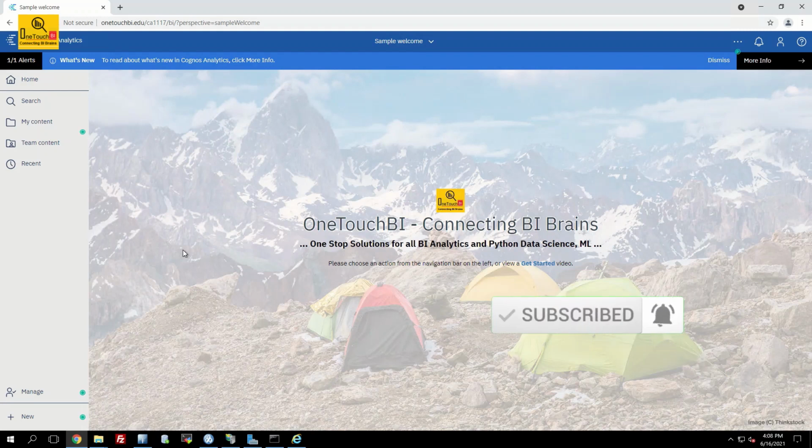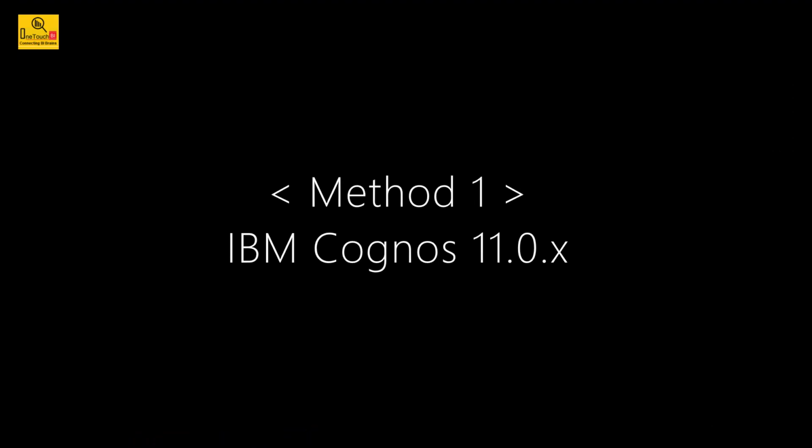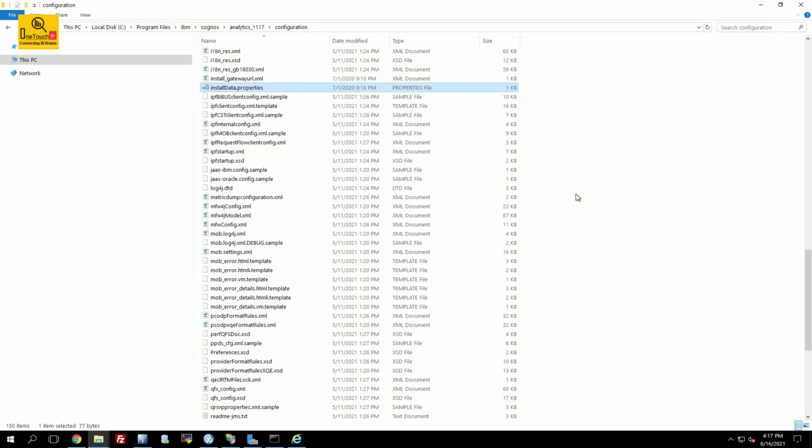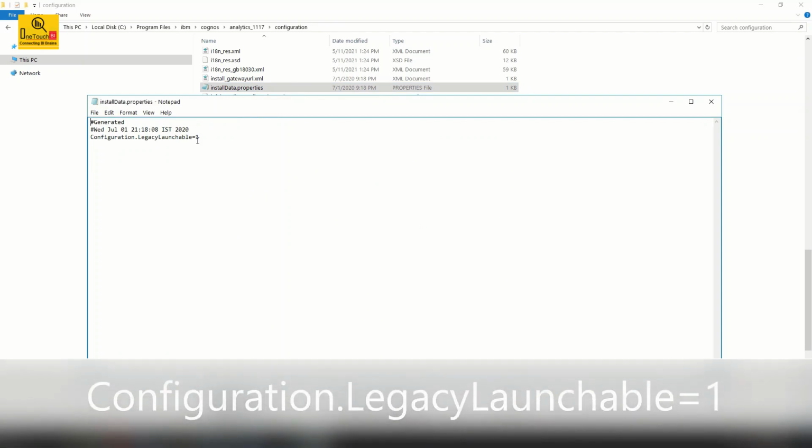That means they are on the IBM Cognos 11, but they're not on 11.1. Instead, they are on 11.0. How do you enable the legacy studios for them? It is very simple. Go to the cogroot folder, double click on configuration and locate the file install-data.properties, the one which is highlighted. Open this file in edit mode and make sure the same entry that you provided in method 2 using IBM Cognos 11.1 and above, the same one you need to enter over here in this file,